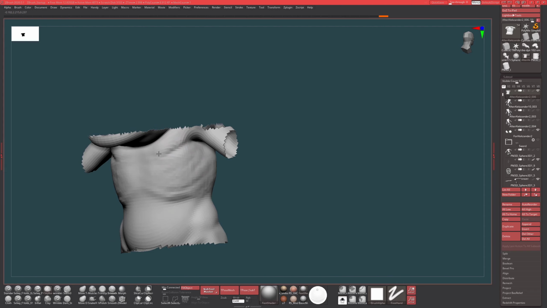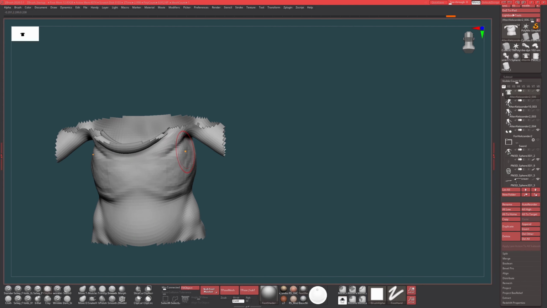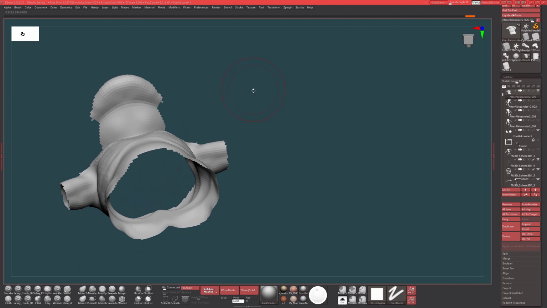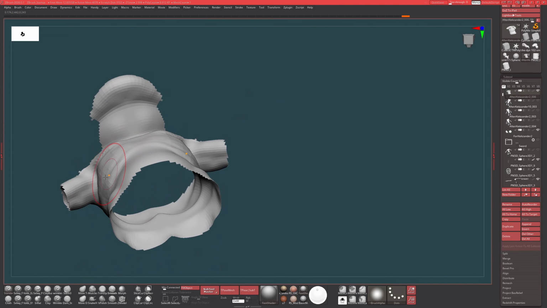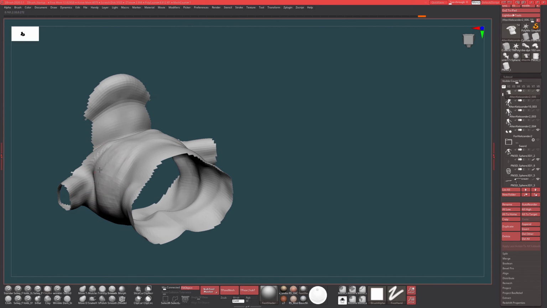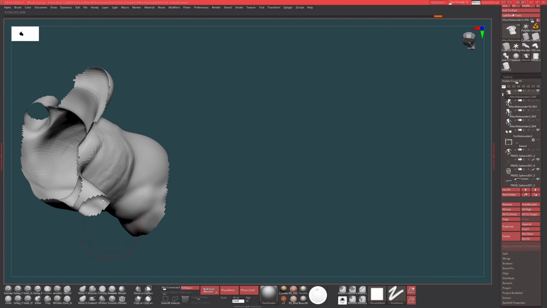Some pecs muscles, just a hint of that. Looking from the top, this is just too flat. I need to again rework that,